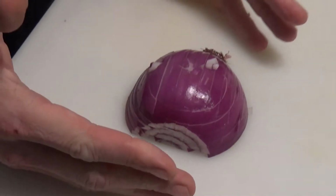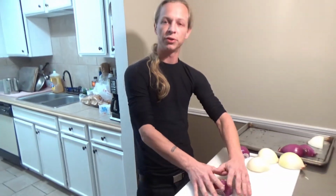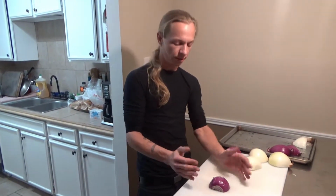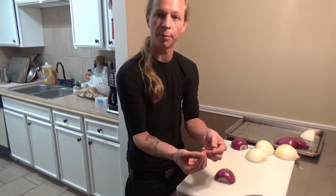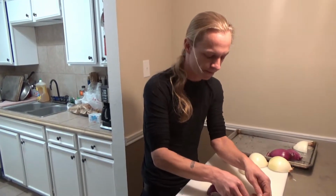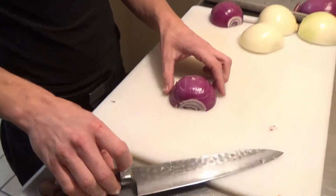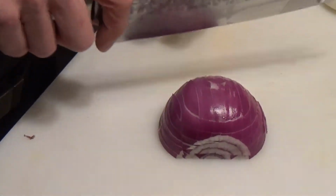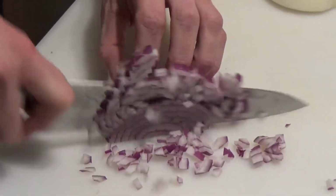Now, did you see how when I was doing all that, it wasn't ruffling all apart? Everything holds together nice and easy. There's two little tiny pieces that came off there, but they're the right shape and size that we're looking for. Now it's easy. We got all the hard work done. We just go the same thickness right back down to the root of the onion there. And we have nice